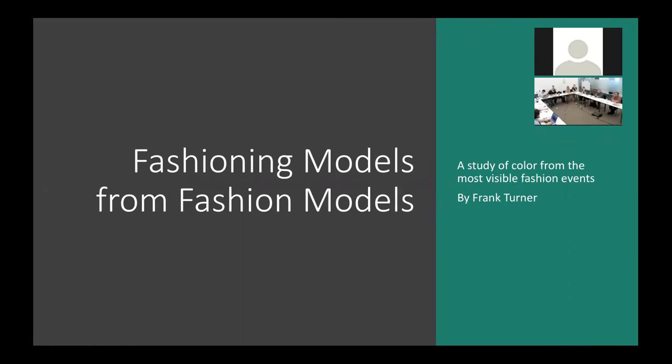Fashioning models from fashion models. And really, it's a study of color from the most visible fashion events. I picked this